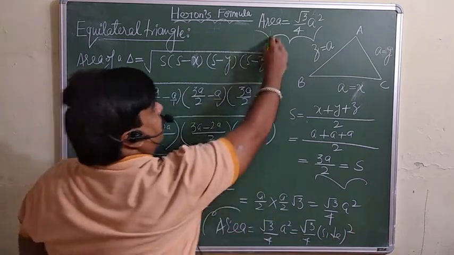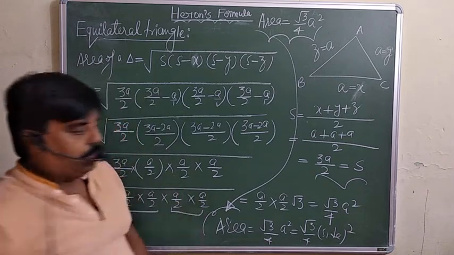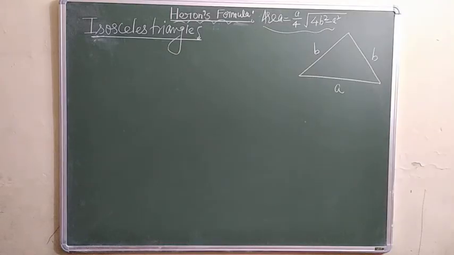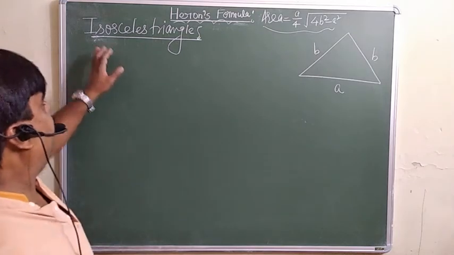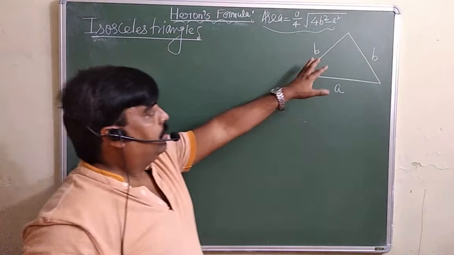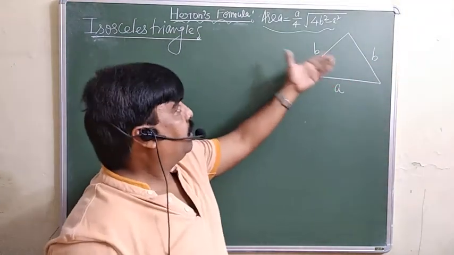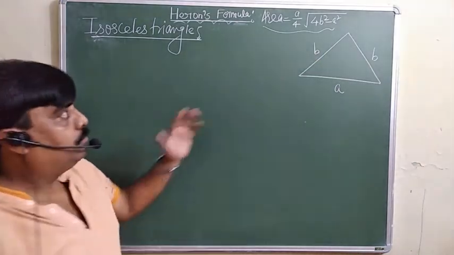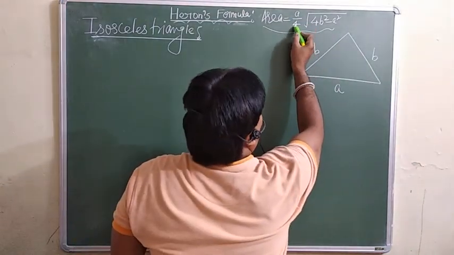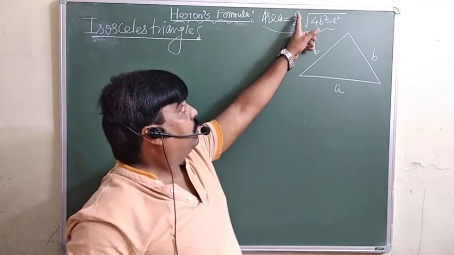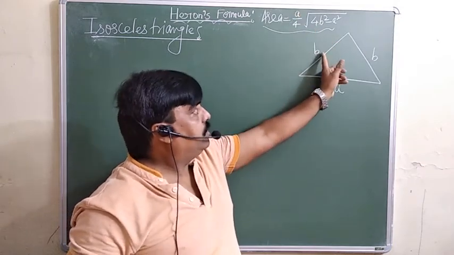Look at here now. So have a look. Yes, now we are taking an isosceles triangle, meaning two equal sides are given. These are B and B, and the base we are taking as A. Then by Heron's formula we will try to find the area of this one. So the area of this triangle will come to A over 4 under root 4B square minus A square, where this A is the base. Look at here now, this is your base and this B is the equal side.